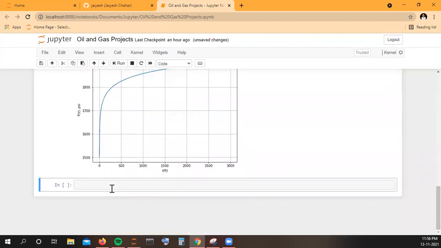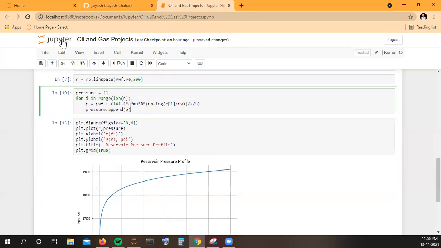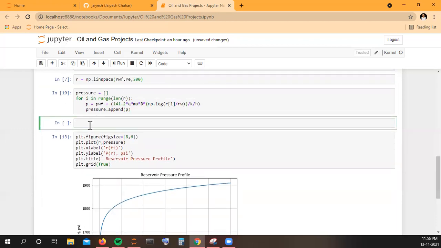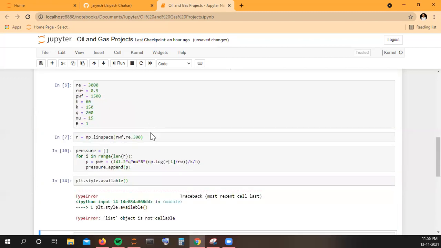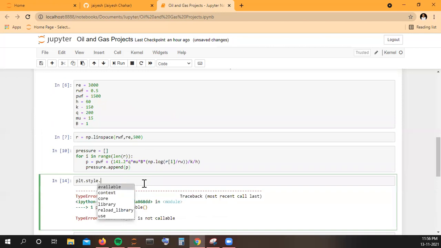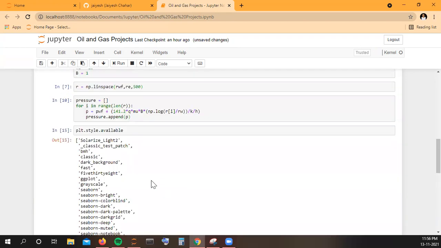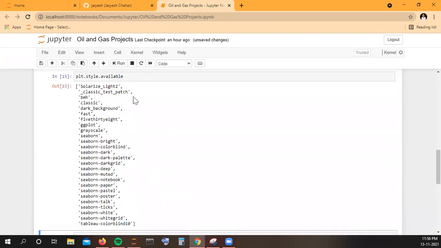So here it is. Let us change the plotting style also: plt.style. One second, I don't remember which were available. So which one can we use?